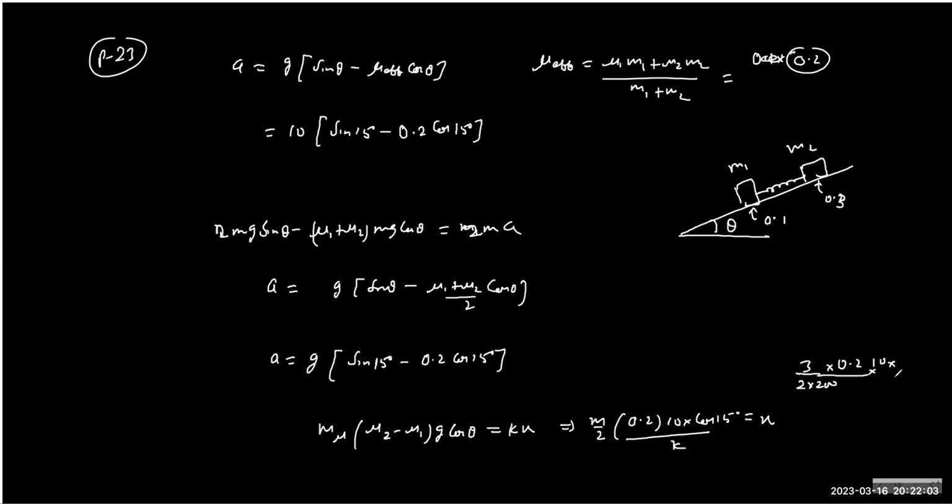Cos 15, who will tell me cos 15? It is 0.9798. Something like this. Anyway, cos 15. 0.9659, 0.96966, yeah. So the answer is 3 into